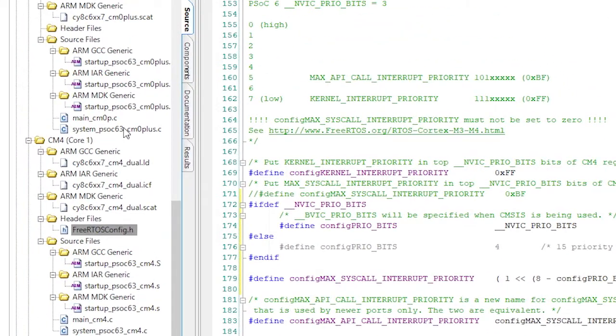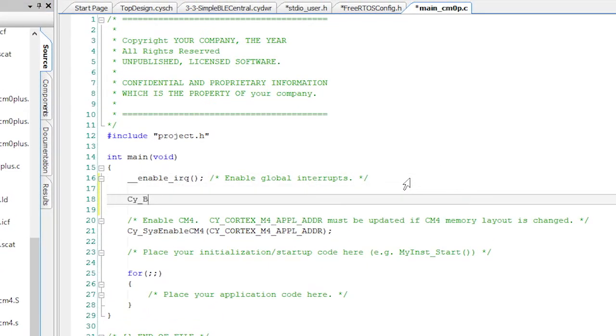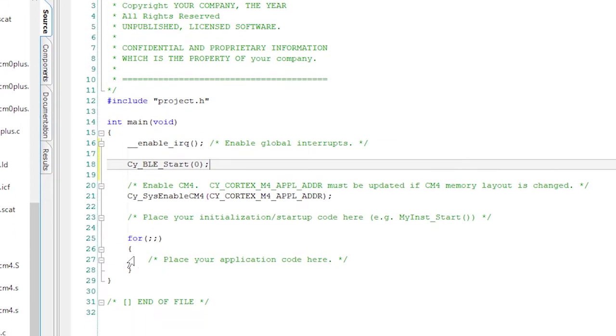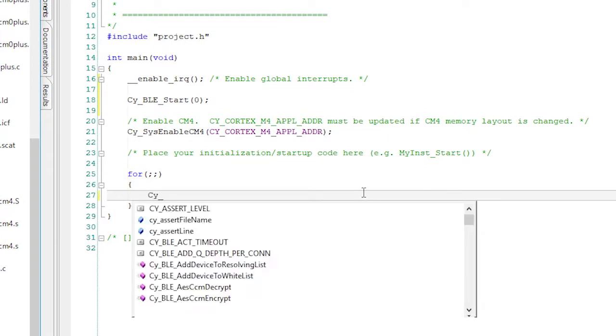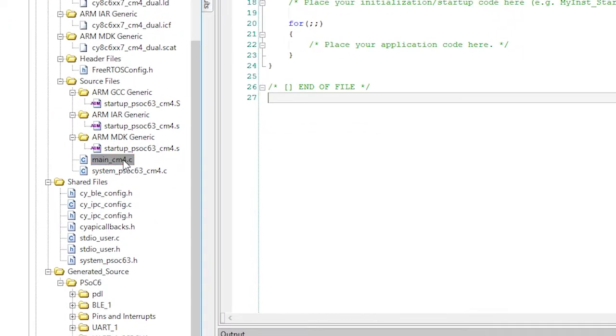The next step is to set up and fix the main CM0P.C so that it runs the BLE controller. So turn on the BLE stack, then in the infinite loop, process events like that. Finally, we're ready to do some programming. My favorite part. Open